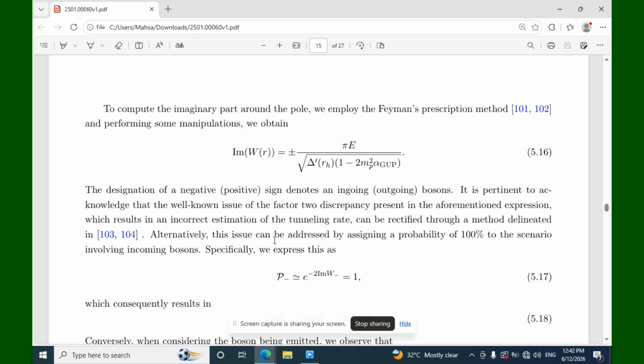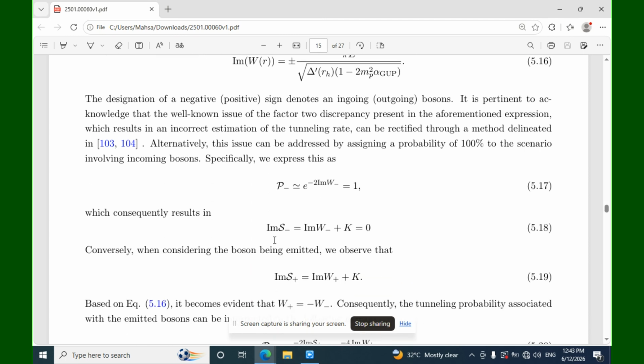It is pertinent to acknowledge the well-known issue of the factor 2 discrepancy present in the aforementioned expression, which results in an incorrect estimation of the tunneling rate, and can be rectified through a method delineated in the reference. Alternatively, this issue can be addressed by assigning a probability of 100% to the scenario involving incoming bosons. Specifically, we express this as